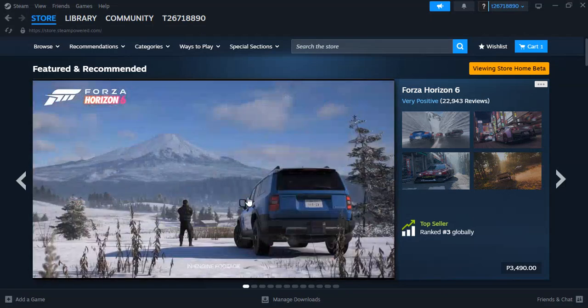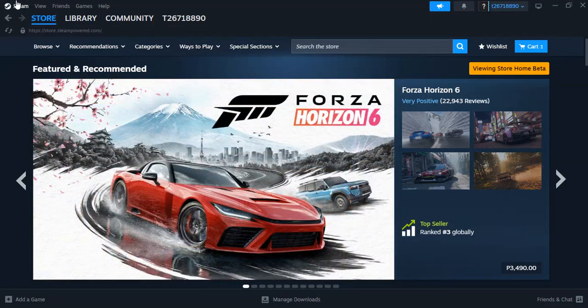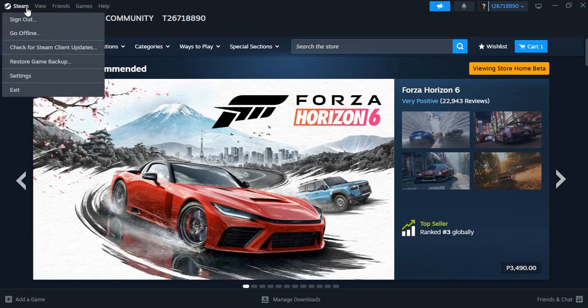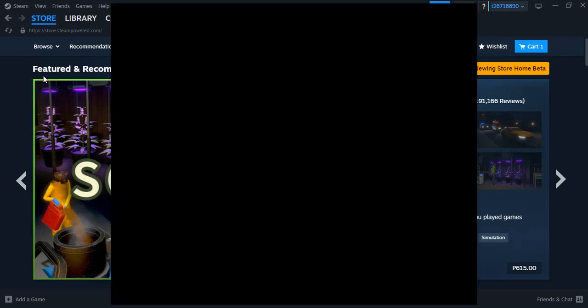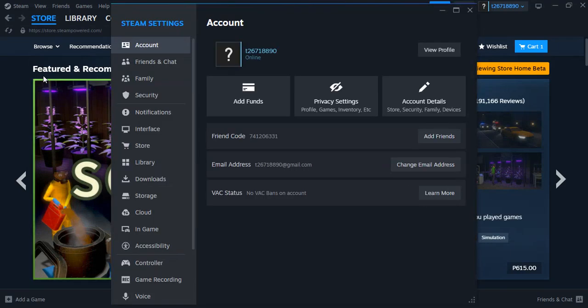corner of the window. There, you'll see the Steam logo. Go ahead and click on that logo to open a drop-down menu. In this menu, you'll find a list of options. What you're looking for here is the Settings option. Click on Settings, and this will open up a new window with a variety of tabs for different settings you